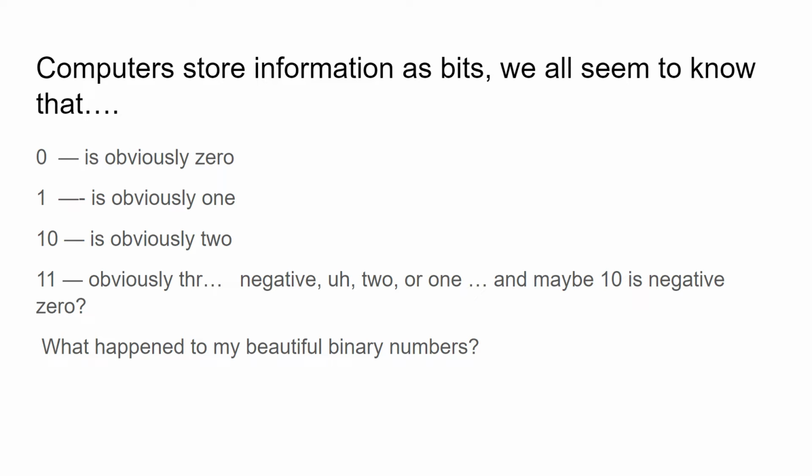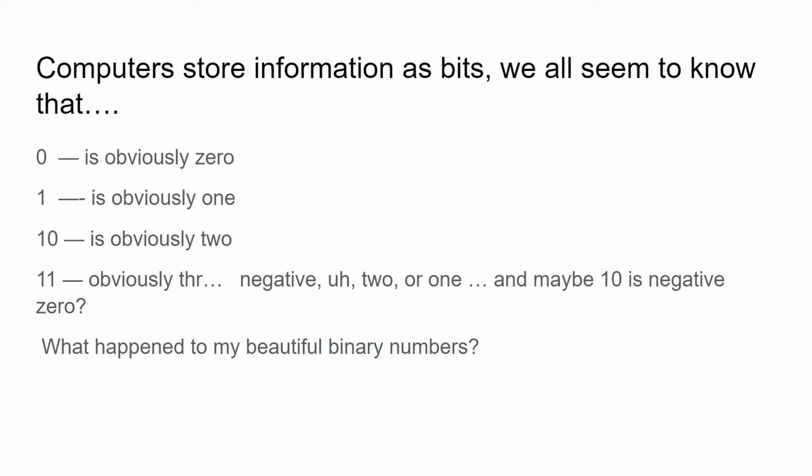Now, we all know computers store information as bits, and we typically recognize that the bit 0 represents the number 0, and the bit 1 represents the number 1, and the bits 10, we are very clever when we are doing our binary counting. We know that 10 is obviously 2. We have the t-shirts that say there are 10 kinds of people, those who know about binary and those who don't. Hilarious, we're ingenious. And then we go to 11, and that's obviously 3, or maybe it's -2, or maybe 10 is actually -0, and we kind of are confused because